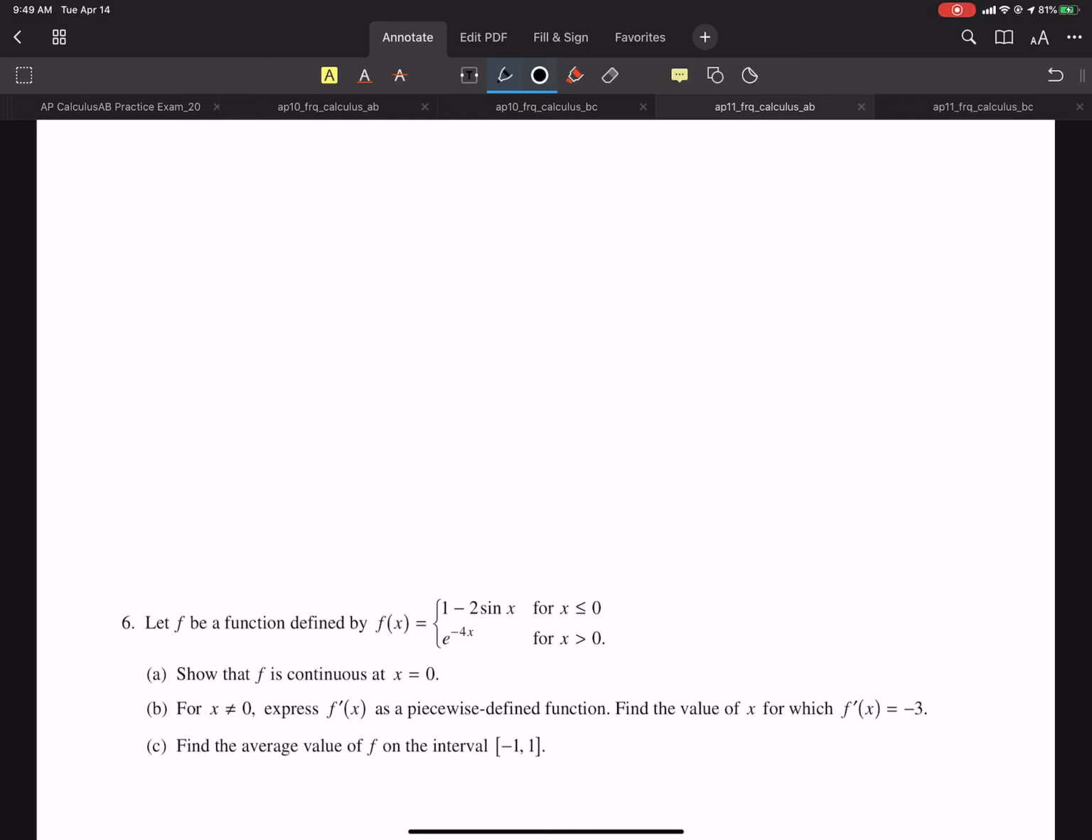Hello, everybody. We are doing the 2011 Form A number 6. Let's just get started. So for part A,